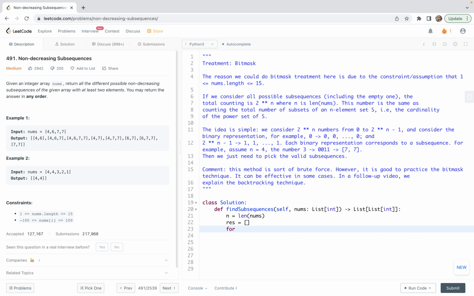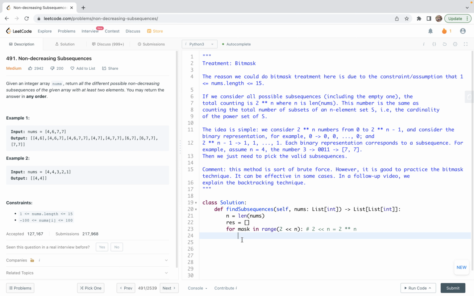So we are going to iterate over this range, right? In range 2 to the power n. So it's corresponding to this one, right? Actually, this is nothing but 2 to the power m. Because we are using bitmask, so we are going to use some bit operations. So each mask will correspond to a